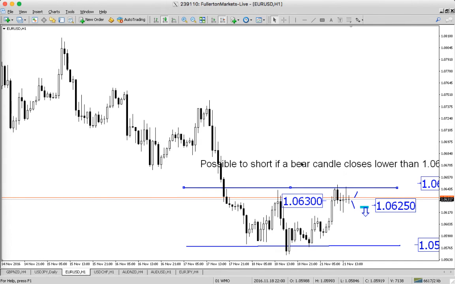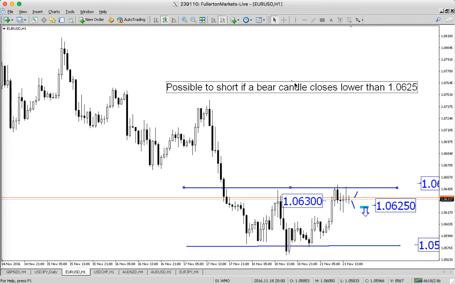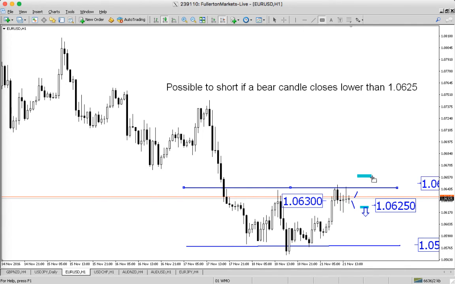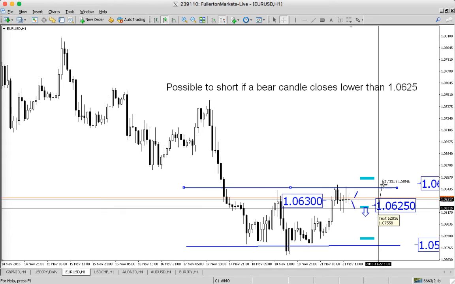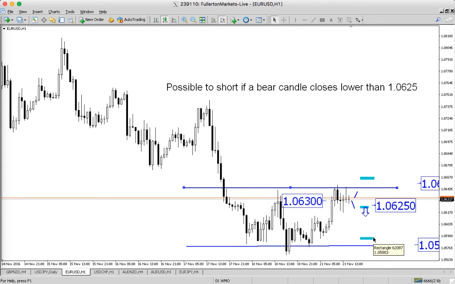So this is the comments possible to short. If a candle closes lower than 106.25, then of course your potential target will be somewhere here above the resistance, and the potential target will be before it hits the next support. So this is about a 33 versus 33 pips trade, 1:1,